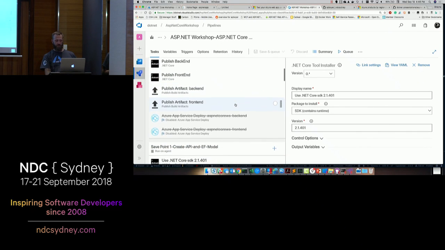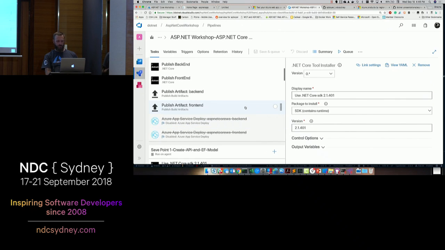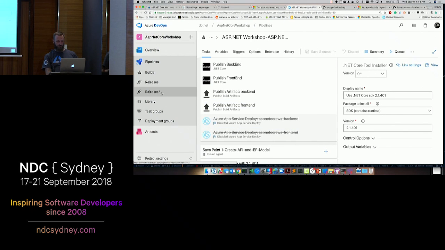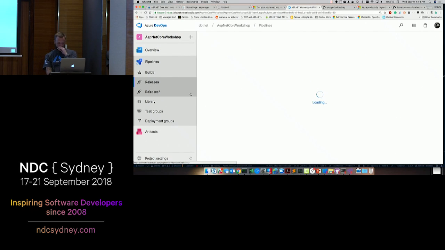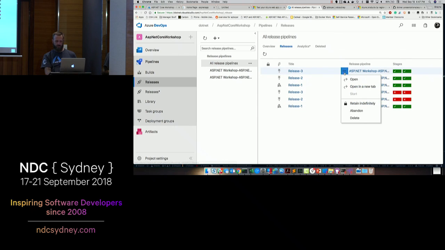And then we're publishing some artifacts, front end and back end. What these do is create actual artifacts that we can now publish using releases. So if I go into a release pipeline and we look at what that looks like,